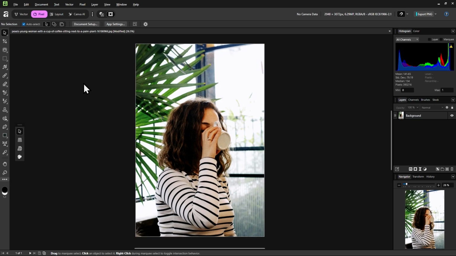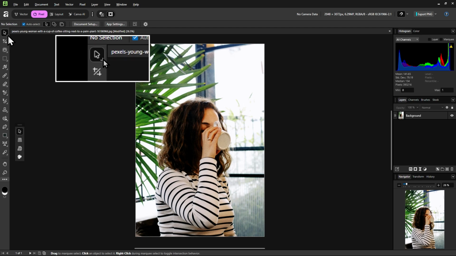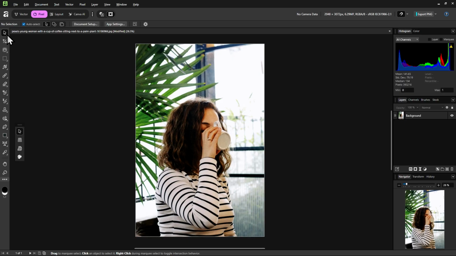Now, if you have noticed, in the move tool, there is actually this arrow here at the bottom right. What that arrow means is that this move tool is actually grouped with a set of other tools, most of the time with similar functions. To see what the tools grouped with the move tool are, we can click on the arrow and see the set of tools. Starting with the move tool and the other tools grouped with it, such as the perspective tool, mesh warp tool, and the deform tool.